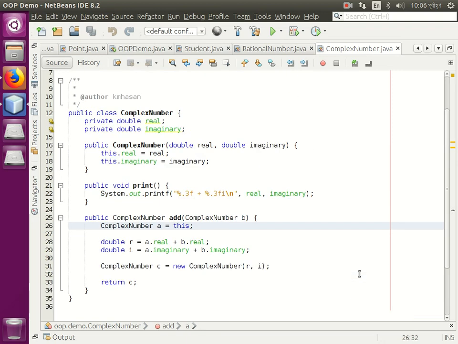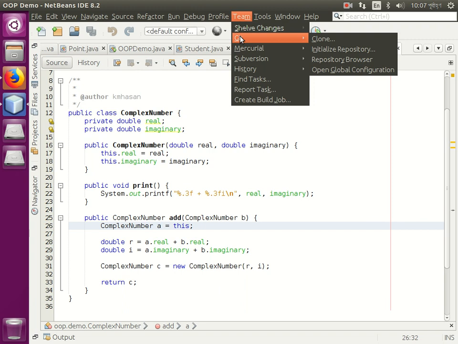OOP stuff, object-oriented programming. We have done bits and pieces of this in our lab class and also in theory class. In lab class we implemented some more methods, not just the add one. So let me just